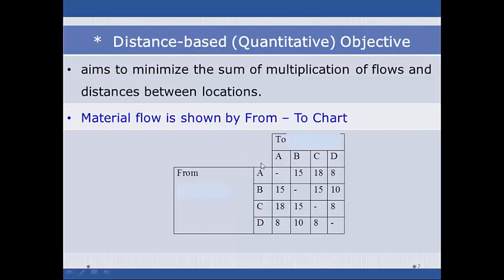And it is generally canonical form, means we can see that this upper part and this lower part is more of the time similar. It is not necessary every time it will be similar, but we are considering a simple case. So this is symmetrical form, means A to B is 15, means B to A is also 15, it is considered. Sometimes this rule cannot be followed, but okay.